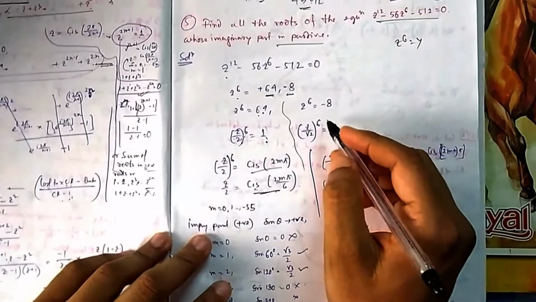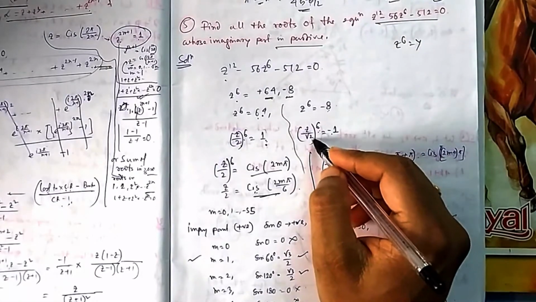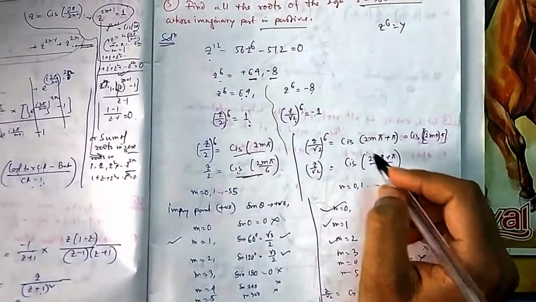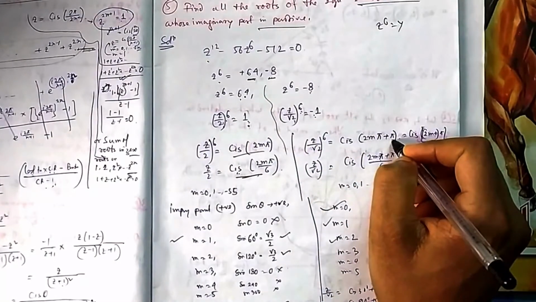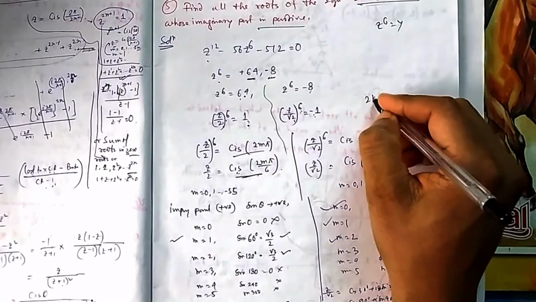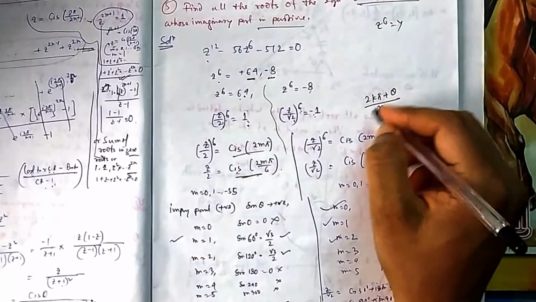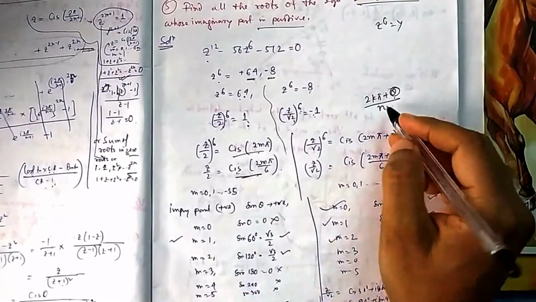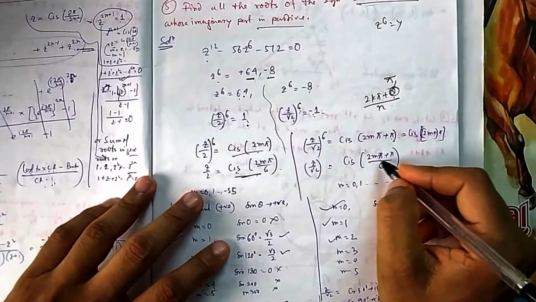Similarly here, because it is minus 8, you can make it root 2 to the power 6, so it will be 2 to the power 3, that is 8. So this one is again 2mπ, because there is a minus 1, since it is the 6th root of minus 1, so 1π is added. Nothing is different, because for the nth root of any general complex number, it was this one. So here also it is the same. In the case of unity it is 0, that's why it will become directly this. In the case of minus 1, this is π, so that's why it is π. So it is of this fashion.